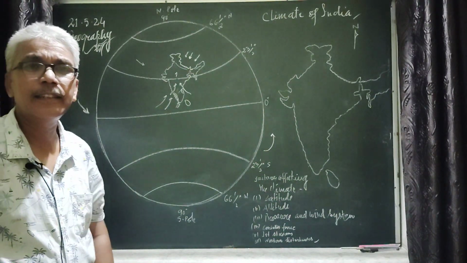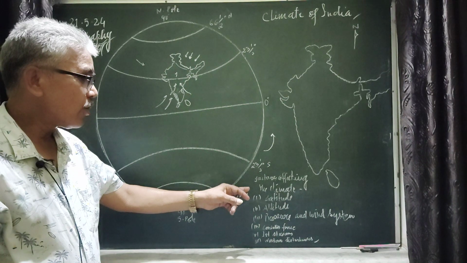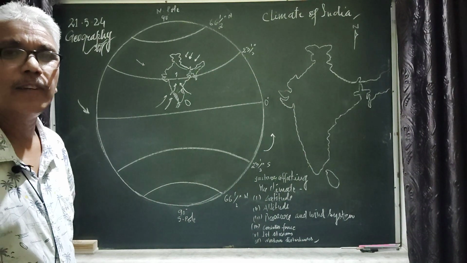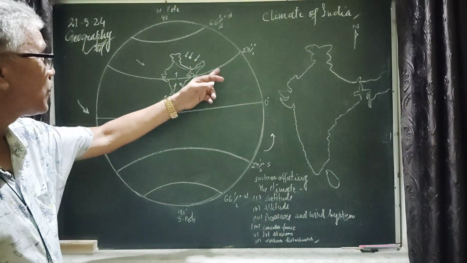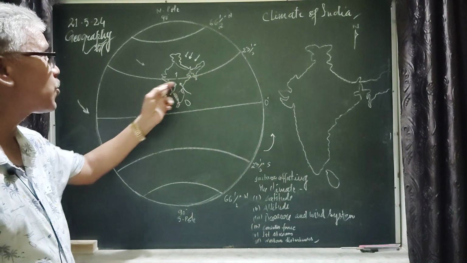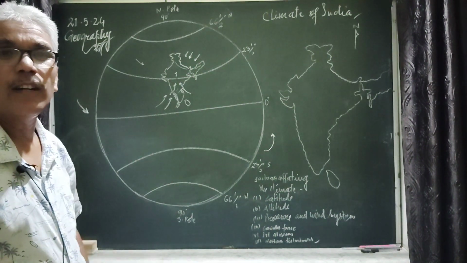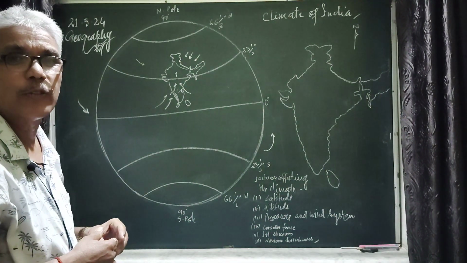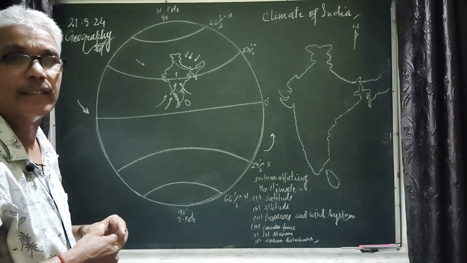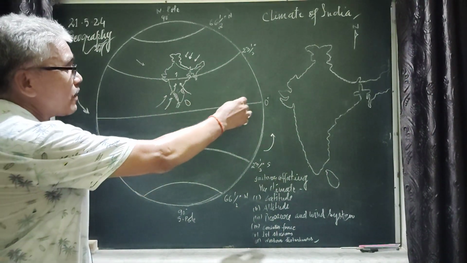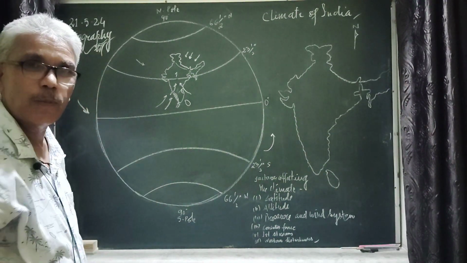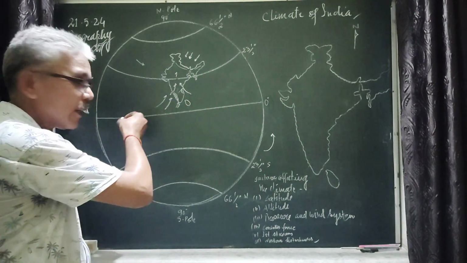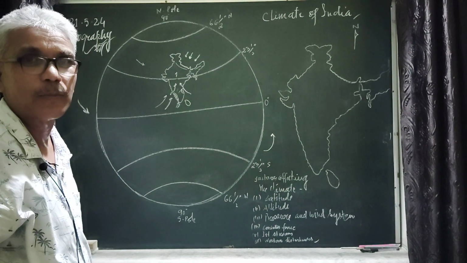And what are the factors that determine the climate of India? First of all, latitude is one of the most determining factors that influence the climate of India. Latitudes are the imaginary lines that run from east to west of the prime meridian. As we know, the earth is spherical in shape, therefore the amount of insolation is not equal everywhere. The equatorial region receives maximum insolation because sun rays fall vertically throughout the year. Therefore, the equatorial region is the hottest region of the world.